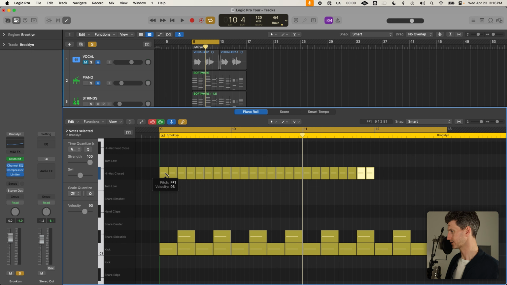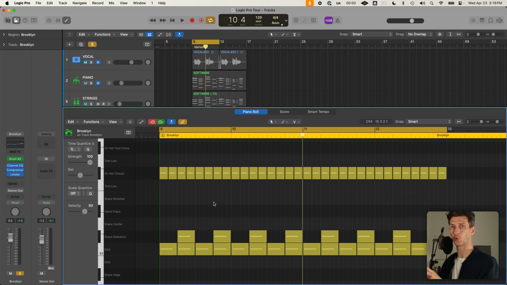till the end. So this is going to sound super, let's say, static, because everything is now programmed in, meaning everything has the same velocity. So have a listen to what that sounds like. So it's cool, but it sounds a bit robotic, right? A bit static. So things we can do to give some more human energy to it is to